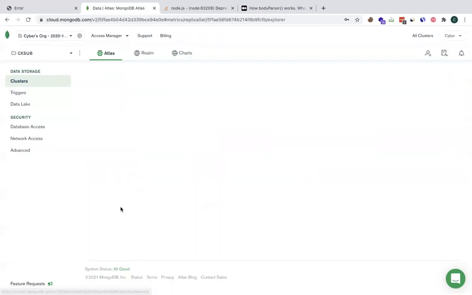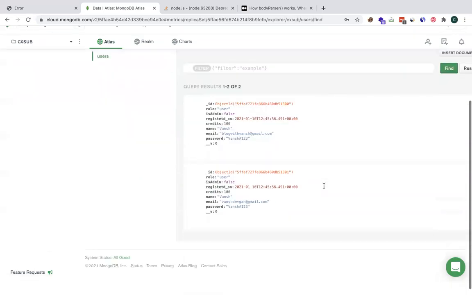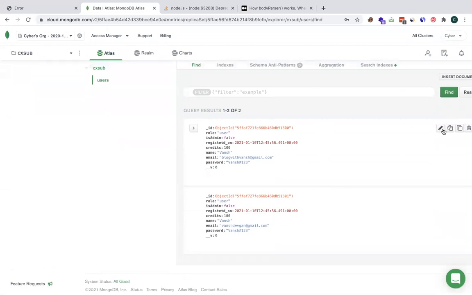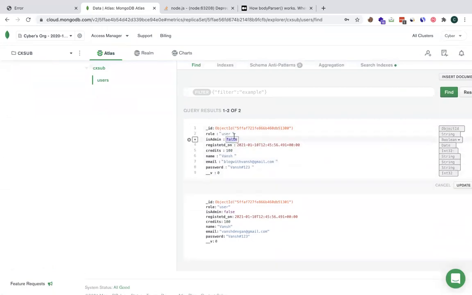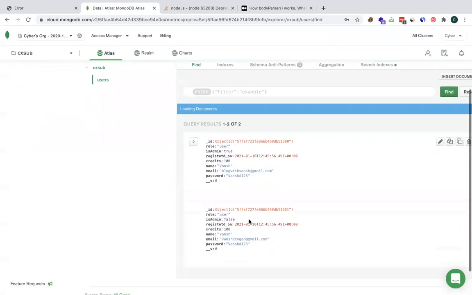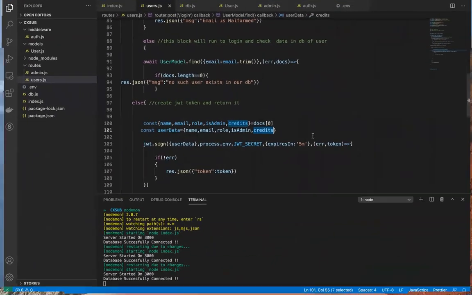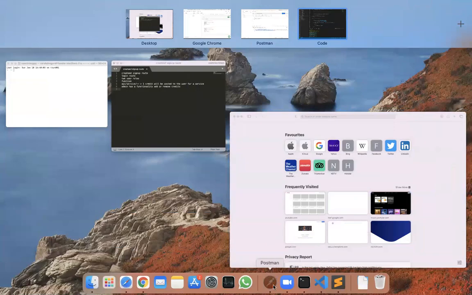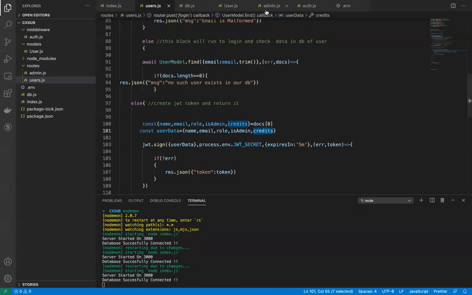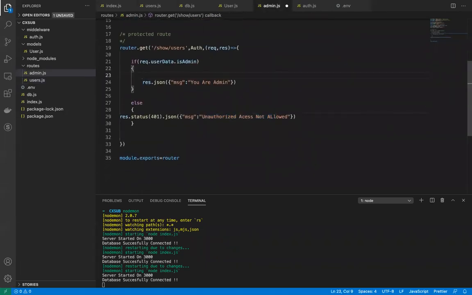So here in this collection, we have this users over here, and in this particular case I want to make him the admin. So yeah, this thing, and let's save it. It's true. Okay, so now we have made him an admin. And now let's go to this particular login route. But before going to the login route, I would want to do one thing in the admin route. Like I've stated that if the user is admin, then we are going to return all the users.